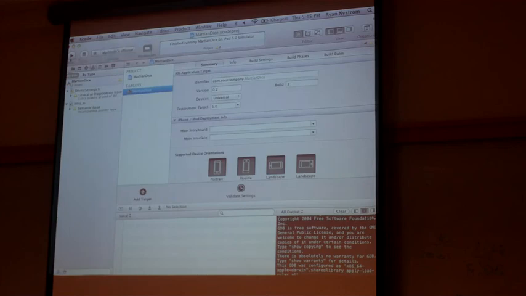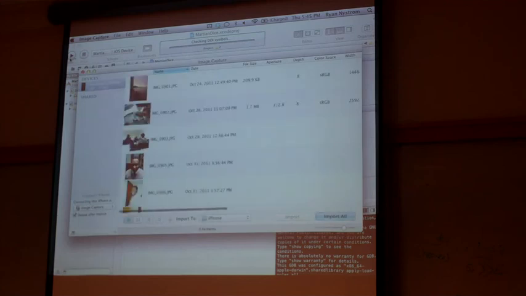I'm going to select it, and I would hit run. It builds, compiles, and puts it on here. And then all that you have to do is stop it here, unplug, and it's on here. You can use it whenever you want. They do expire. I think it's about a 90-day provisioning profile, but that's a lot of time. And if you want a new one, all that you have to do is go back to the provisioning profile and make a new one.